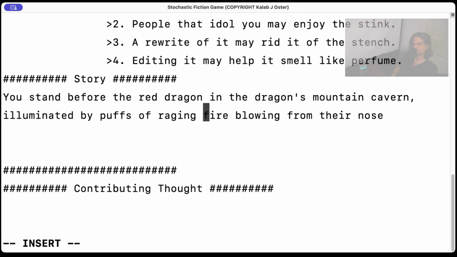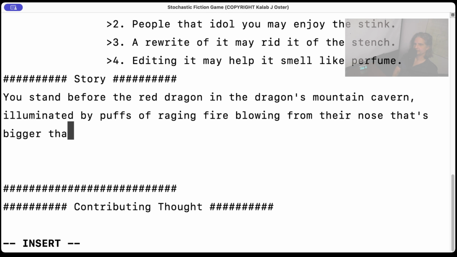You stand before the red dragon in the dragon's mountain cavern, illuminated by puffs of raging fire blowing from their nose. Their nose. That's bigger than your... Right now, this is an image that I have in my mind continuously, so it's good to say